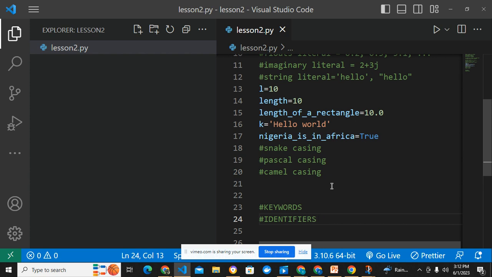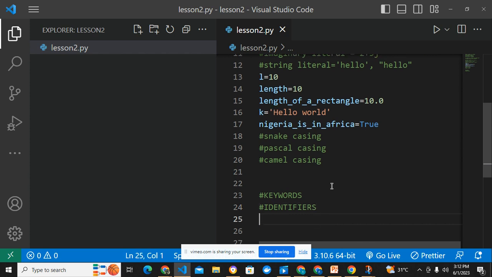Keywords contain lowercase letters only. You cannot use a keyword as a regular identifier. So let me give you the keywords of Python. It has to be in lowercase. We have and, we have in, we have assert, we have break,